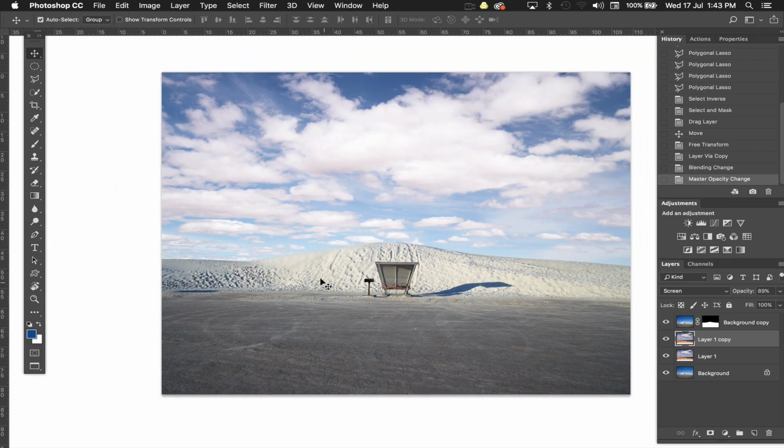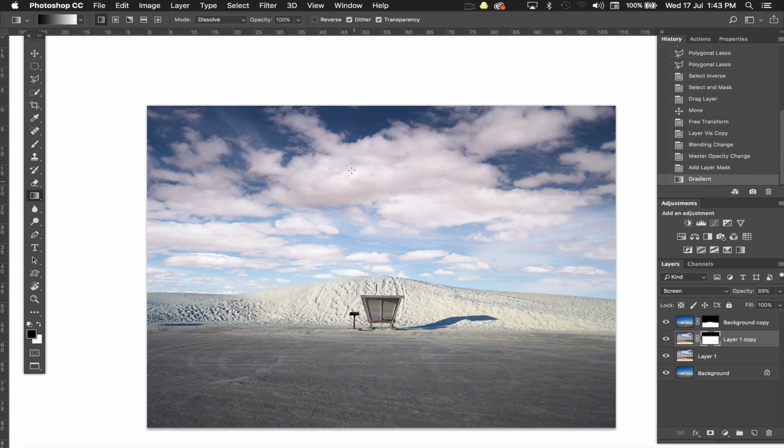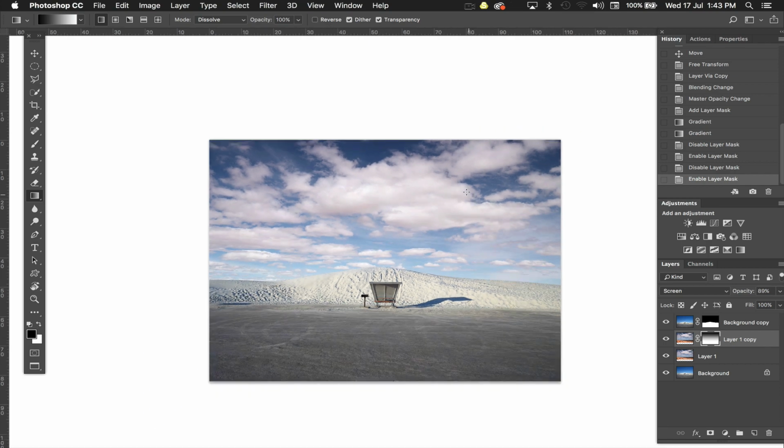So I'm going to go in now and add a layer mask to that top sky layer, and then I'm going to press G for gradient, and draw a gradient down like that, click and drag, and that's going to darken off the top of the sky. You can see there, if I hold down the shift key and click on the layer mask, that's before, that's after. I think it's a little bit strong still, so I'm going to hold down the shift